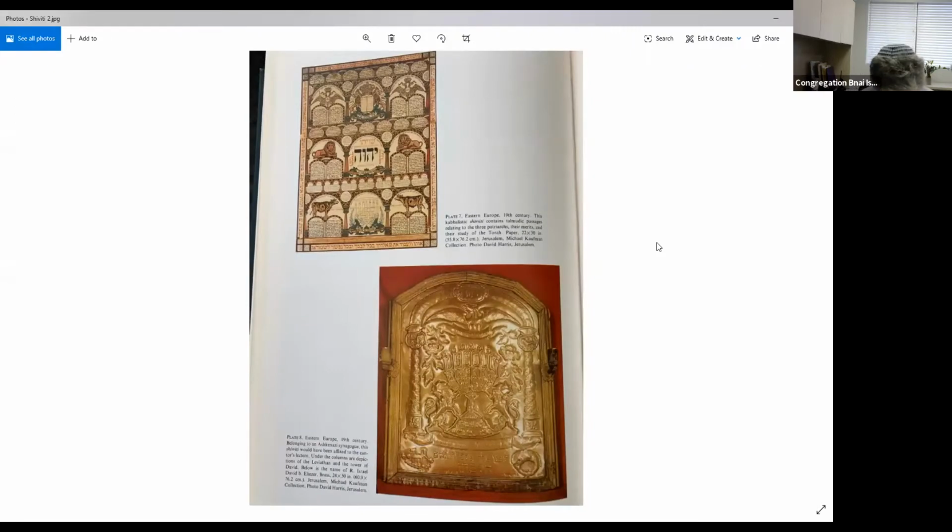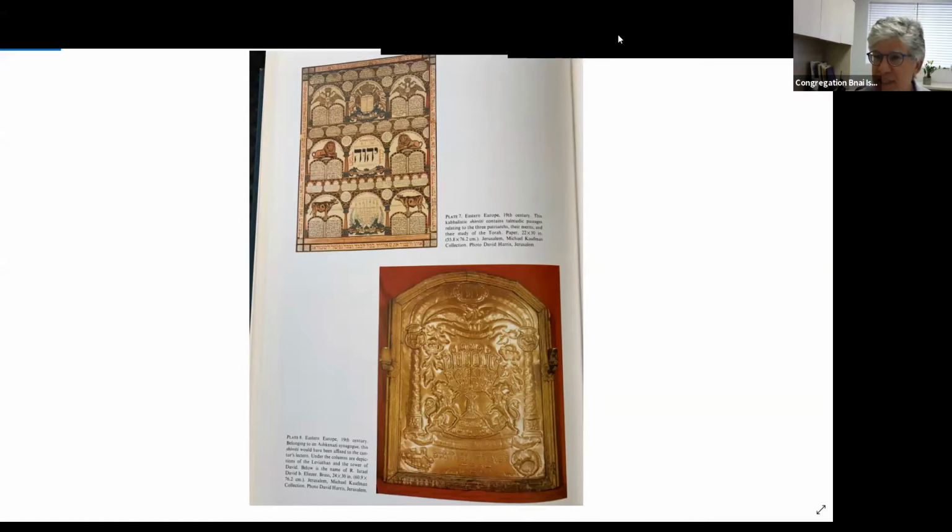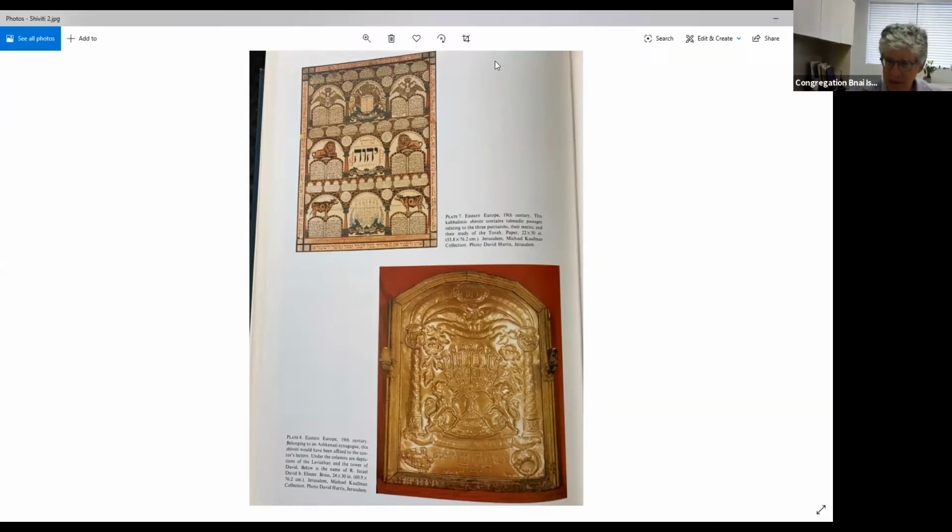Now, here, what Eric has put up are from the 19th century of Eastern Europe. This one on top has a lot of Talmudic passages related to the patriarchs. And on the bottom, this one is not on paper, it's on metal. And that would have been put in front of the reader's stand when the person leading the prayers prayed. And I have seen it so commonly in Orthodox synagogues in Israel. In most Orthodox synagogues I have been to in Israel, in front of the prayer's position is such a Shiviti